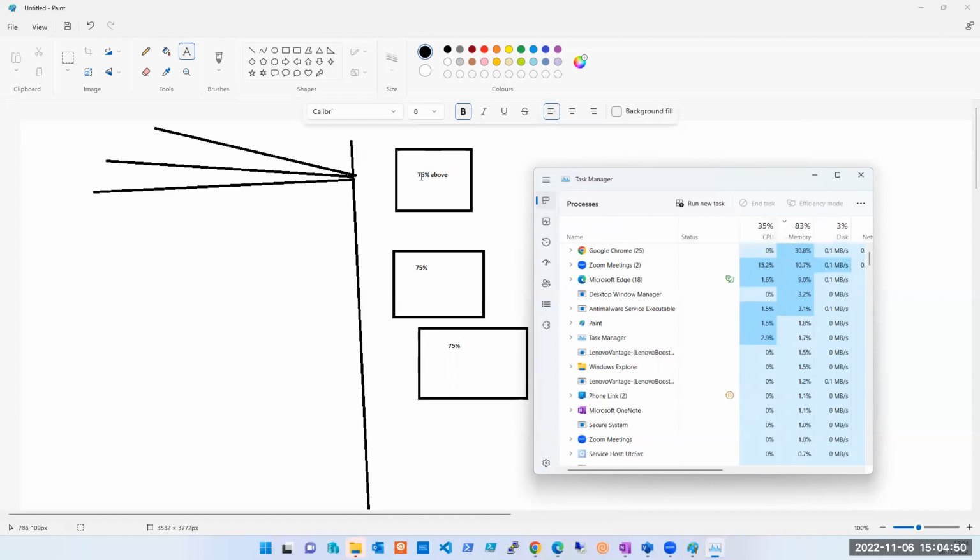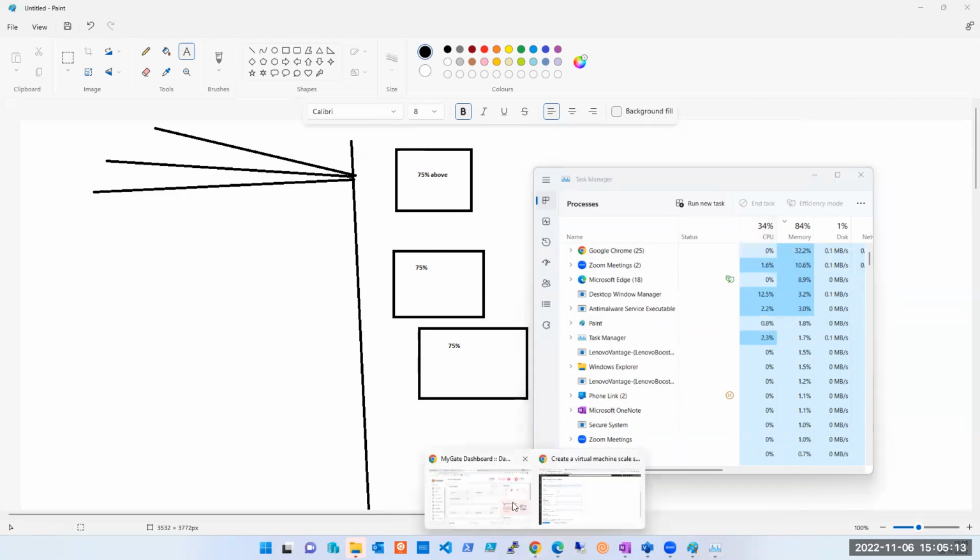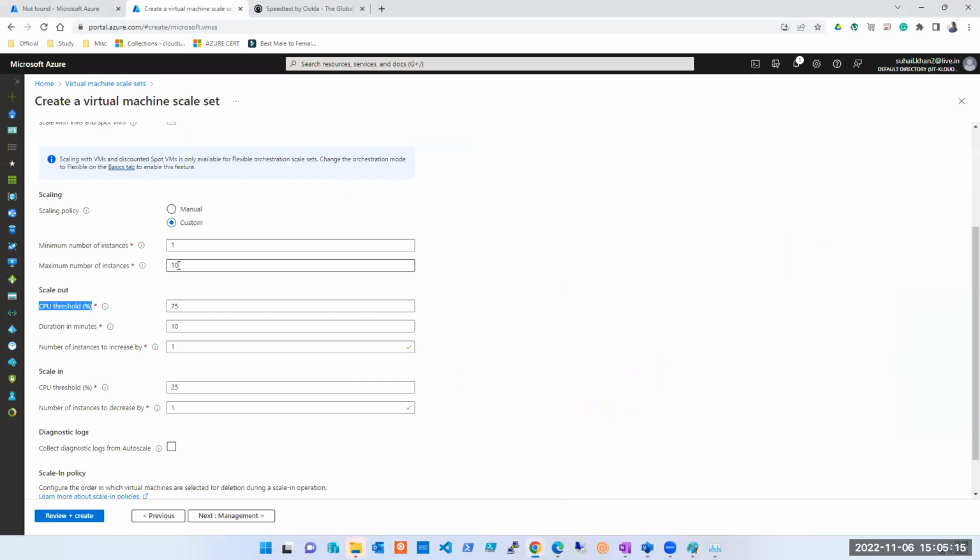Let's say if my criteria here was 30%. So you see, it goes to 30, it goes to 40, suddenly it comes to 25, 21, 17. Does it make any sense to you? In that time, a machine will not even be created, by which time it will have already dropped. So now let's come back to the criteria. But I hope you understood this concept and you understood the CPU utilization parameter, right? Yes. Okay. So here, what I'm saying, minimum is 1, maximum is 10.